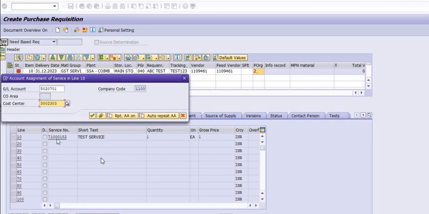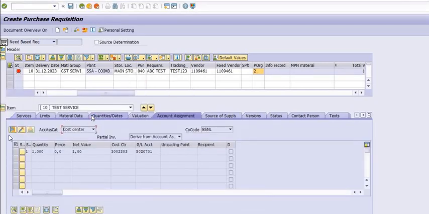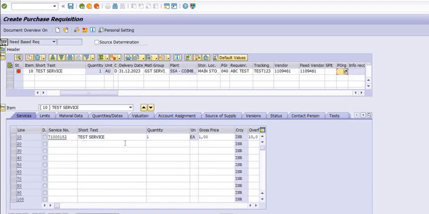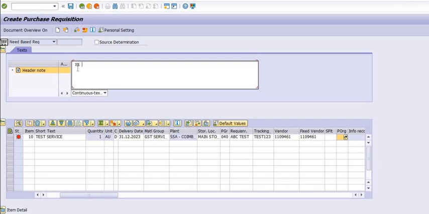so here you can mention your test service. We have taken this service test quantity, and account assignment. We have mentioned this. And in the purchase organization, we have two options: centralized and decentralized. So generally, we are taking the decentralized purchase requisition. If you are going to create the centralized purchase requisition, then you can choose the purchase organization 1000 for centralized, 2000 for decentralized. And in header note, you can mention your